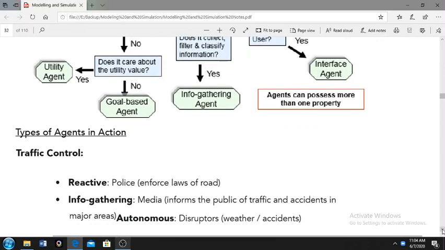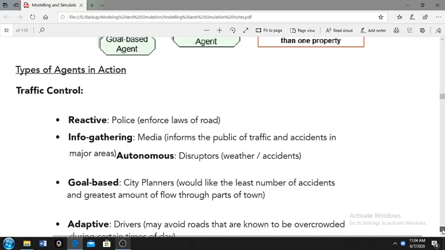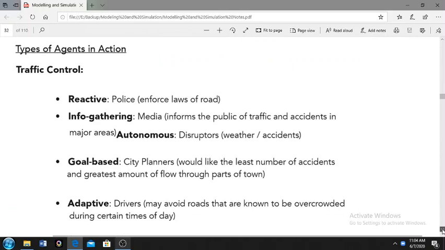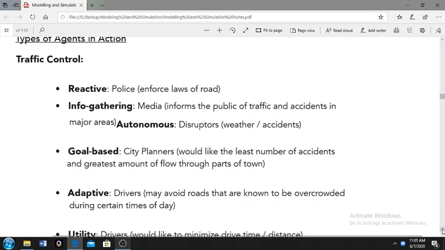So let's try to understand these types of agent, and we are going to take some examples. So let's consider a traffic control system. We are in a traffic control simulation. We are simulating traffic control, and